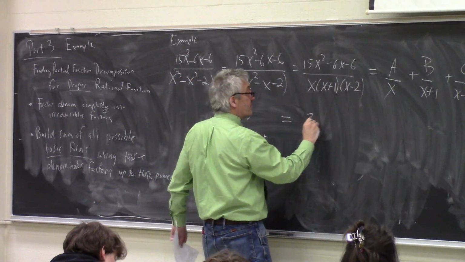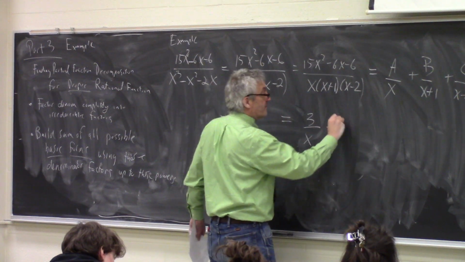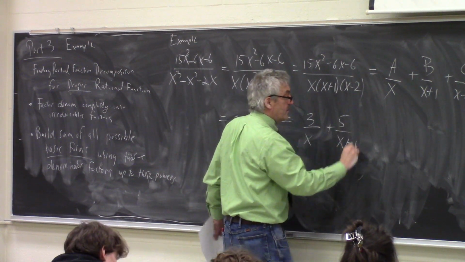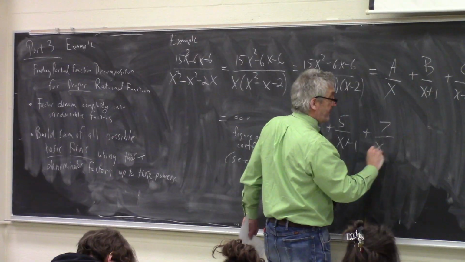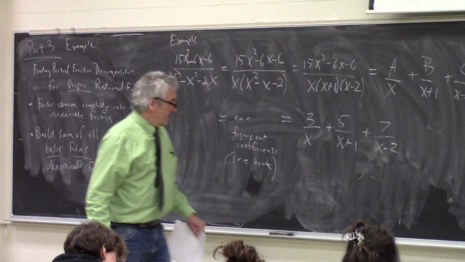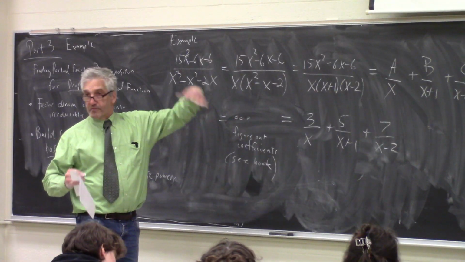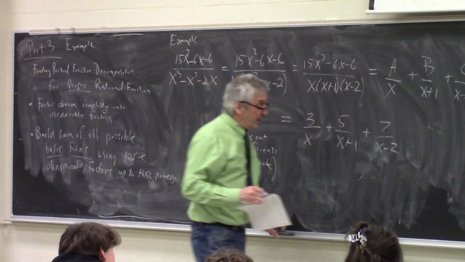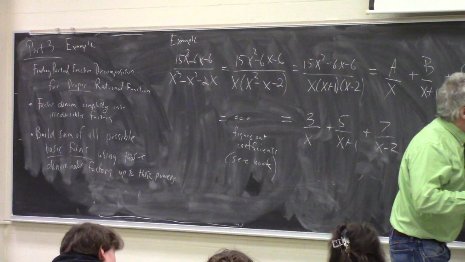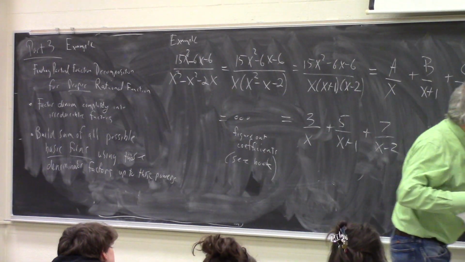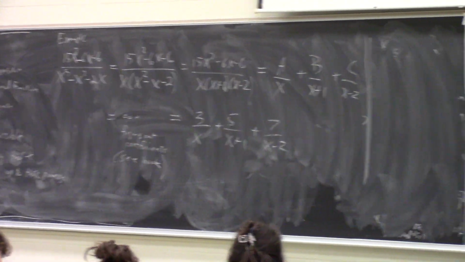It turns out that it's 3 over x plus 5 over x plus 1 plus 7 over x minus 2. This is smoke and mirrors here, but there's a discussion of it in the book, and it's a good thing for you to read. And so, if we apply that to the integral,